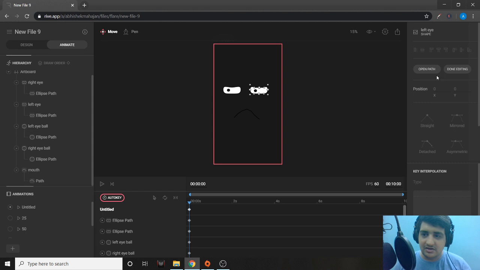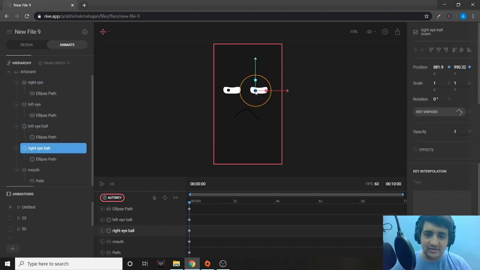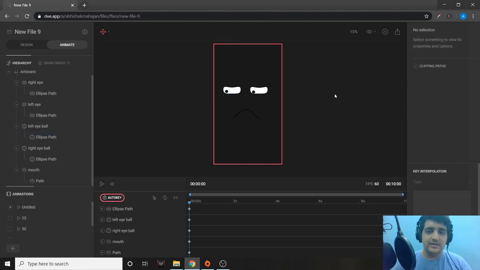This is looking a little too much to the left. I'll slide it down a little bit. Here. So this looks at the bottom left now. Yeah. I think this is good enough.